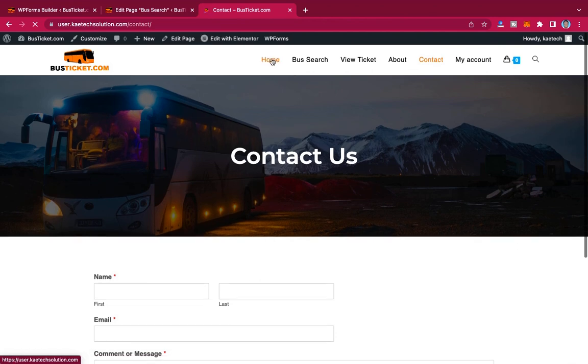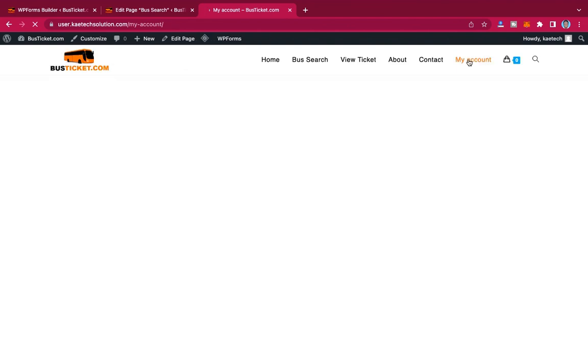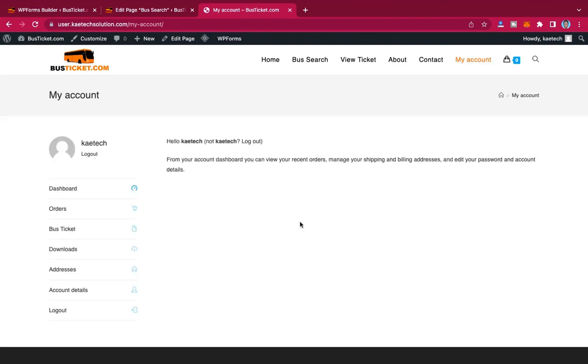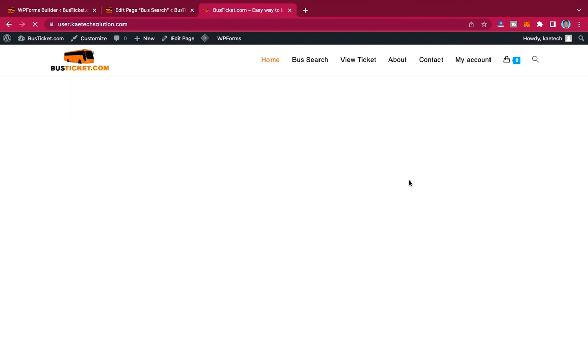We have our home page set. This bus search, we will remove it. This view ticket, remove it. We have our bus search done. We have our about page also done. We have a contact also done, and then people can go to the my account section to also view the account of the owner, or the logged in user. So that is perfectly done. Now that we have everything set,